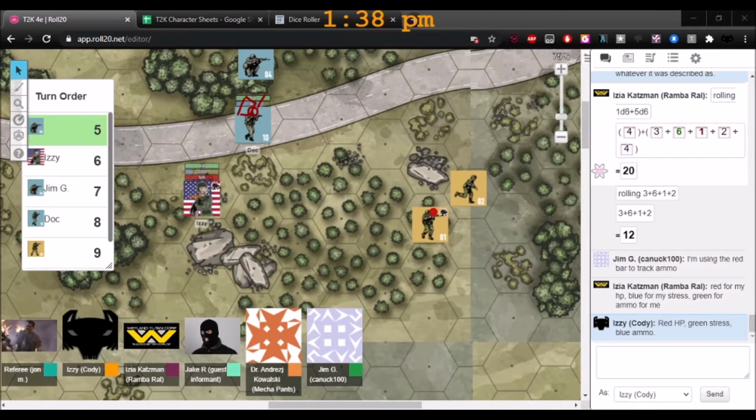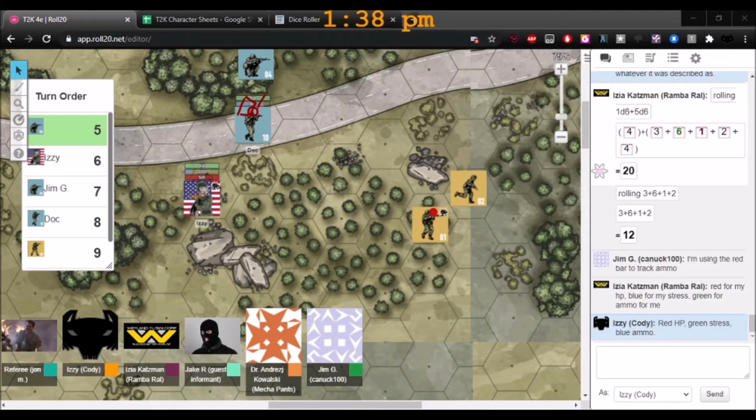So, let me remember here. You start with your agility dice and then your ranged combat dice. So I got B and B, but I also have sniper specialty. Oh, nice. So that should push your ranged combat up to a B and an A. Right.